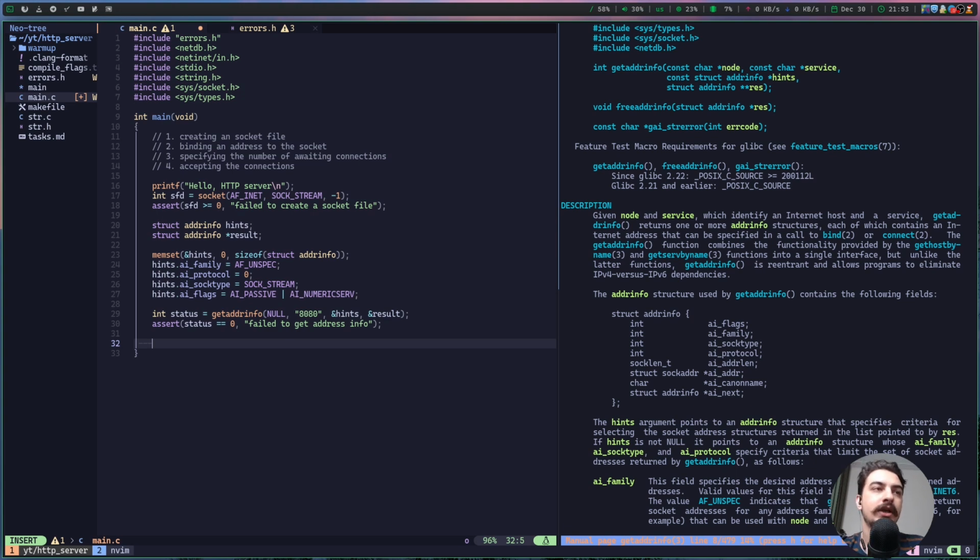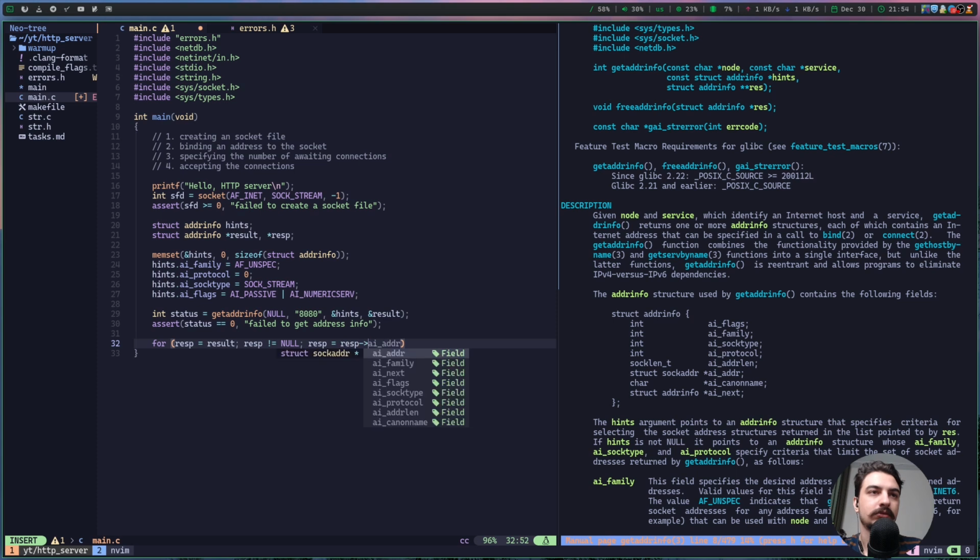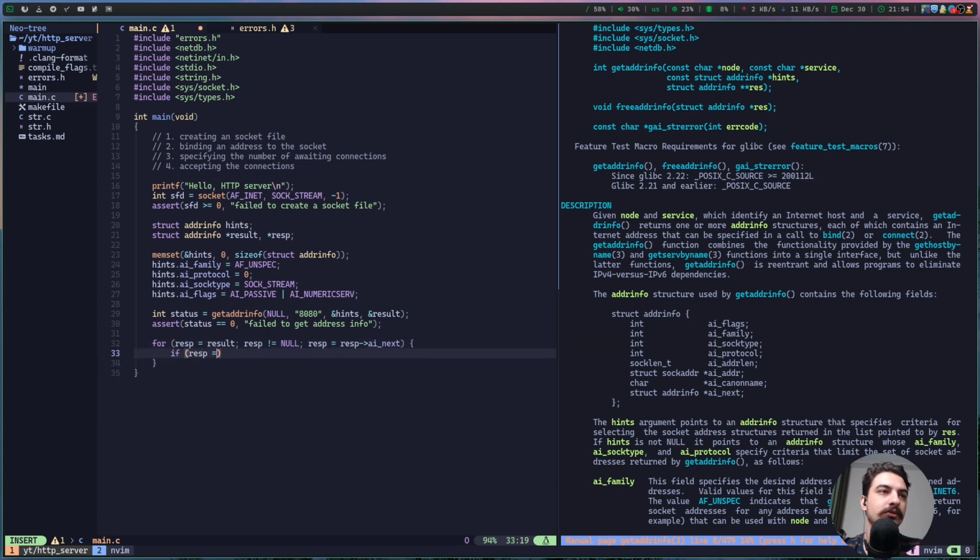So for iteration, we need to initialize another variable that we can call result pointer. The result pointer is an index of the linked list, so we can iterate over using that. So we can do so until resp is null, and for the action of iteration we can say if